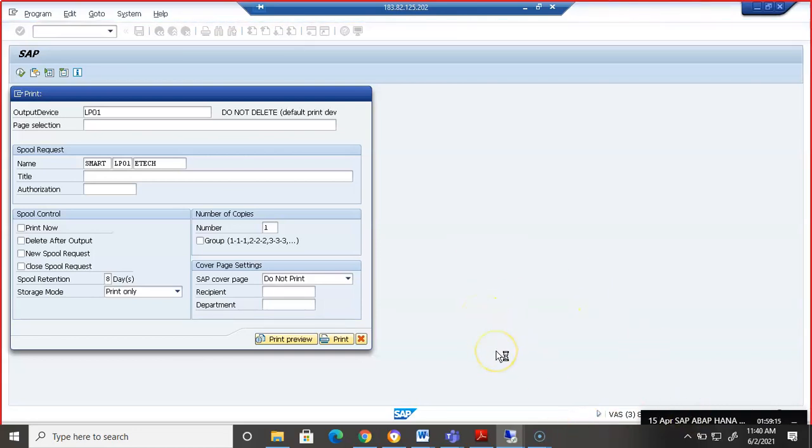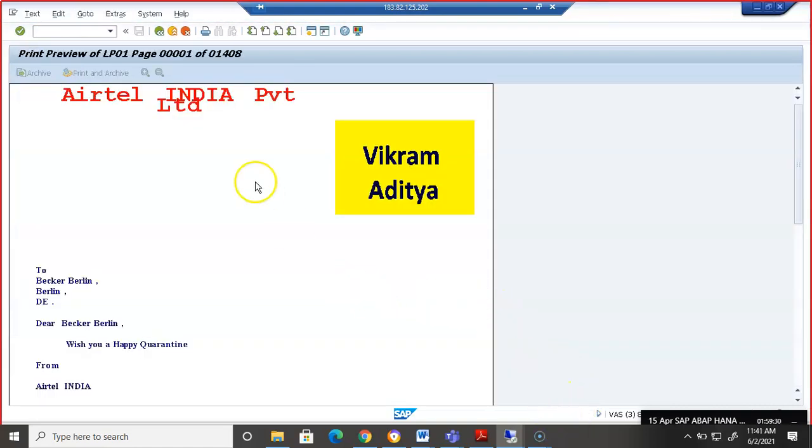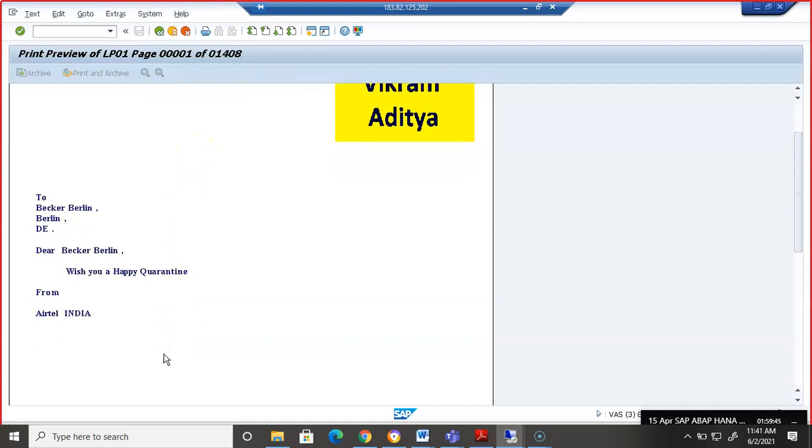So once we get this output, still processing it. In this we can see, once we get the output, the font changes. Yes, so now this has been clumsy, we can change that. But now if you see, there are two fonts here. Airtel India Private Limited. We can make this box a bit bigger and push it to the next line, and then we can see all this data here.